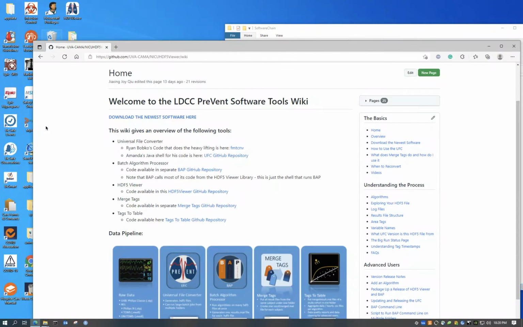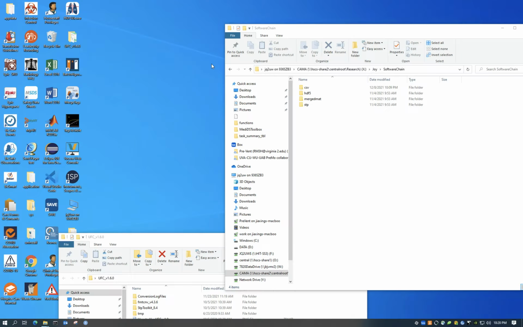I'm going to show you a use case of the software chain built in UVA, the LDCC in Prevent study. You can download all the softwares from this wiki page, and I assume everyone has downloaded it. What you will see in your local machine are